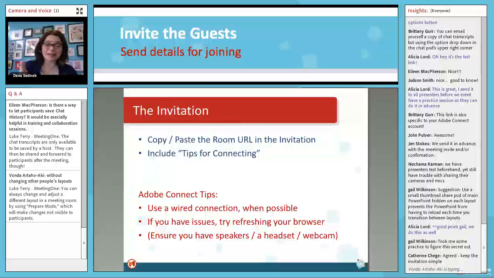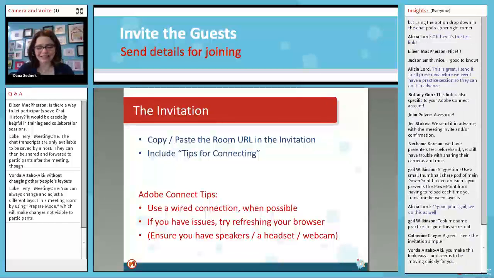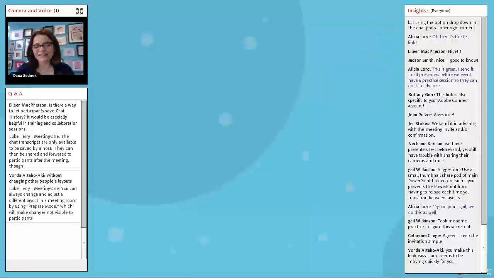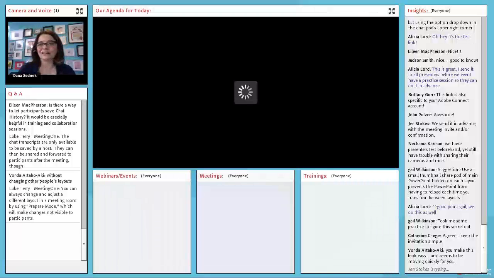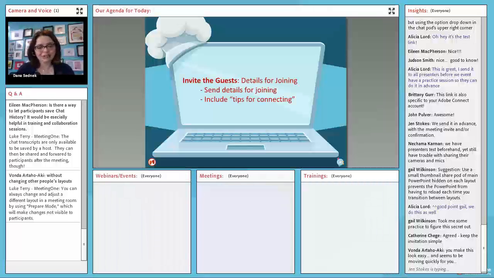Sometimes I'll even put these Adobe Connect connection tips on the front page when people join. They're right there for people to see, to remind them of the things that they need to have. So agreed, keep the invitation simple. Yeah, fantastic. Really it is. If you put too much in there, then stuff is just going to get lost and missed, and people don't even read it. So speaking of keeping it simple and adding the things that you need in here, what else